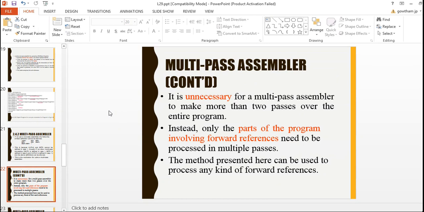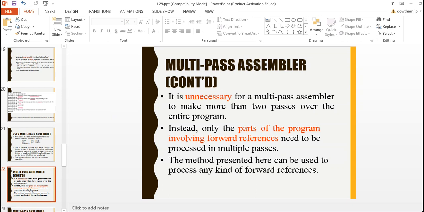But the problem is that if you increase the passes, that means more scanning. For example, 2 pass means the program will be scanned 2 times, and 3 pass means the program will be scanned 3 times. So it is a waste of time, and the program execution is delayed. How can we solve this?